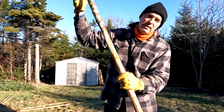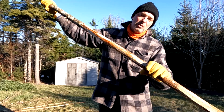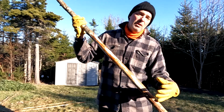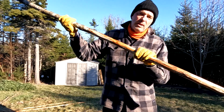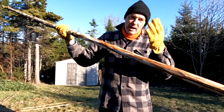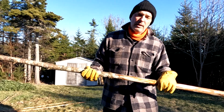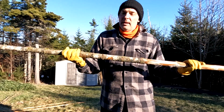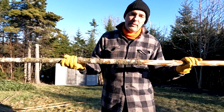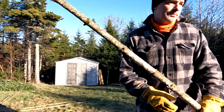So you can cut that off, right? And you still get a 6-foot long pole, right? So you can get 2 uses out of it, right? You take it out of the ground every fall, and maybe you get 3 years out of one of these, and you cut it off where it's rotted at the bottom, and you get another 3 years out of it, right? So that's all I do. I don't bother treating them or anything like that. There's no point. I have a large resource of them, and they're going to rot anyway, right? So anyway,